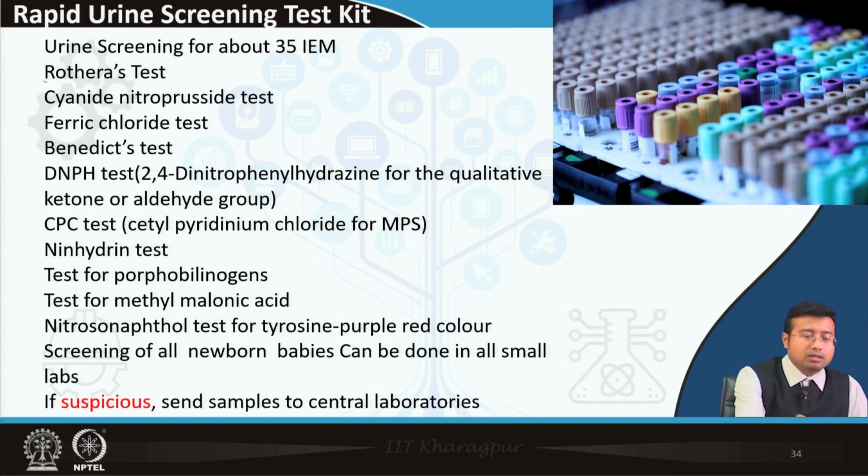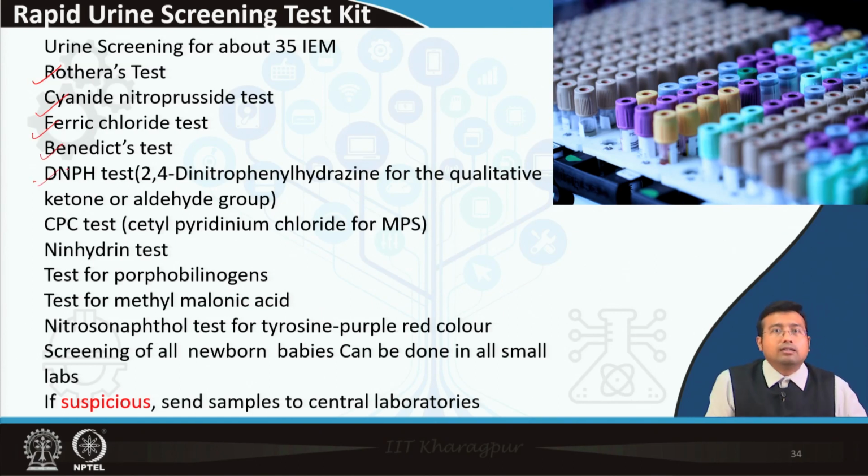note from here. We have discussed Rothera's test, cyanide nitroprusside test, ferric chloride test, Benedict's test, 2,4-dinitrophenylhydrazine test for qualitative analysis of aldehyde or ketone group. All right, what is the CPC test? Cetyl pyridinium chloride for mucopolysaccharidosis. We did not discuss it, it is not a metabolic disorder, but we should know that. Ninhydrin test to detect any amino acid. Ehrlich's aldehyde test for porphobilinogen, Ehrlich's aldehyde test for methylmalonic acid, nitrosonaphthol test for tyrosine which gives a purple red